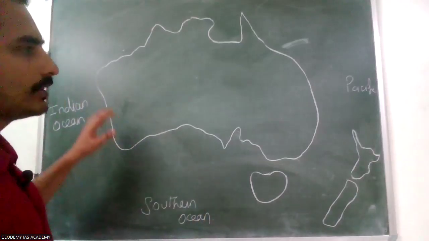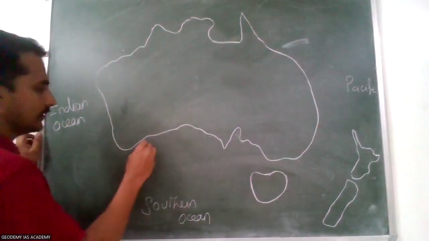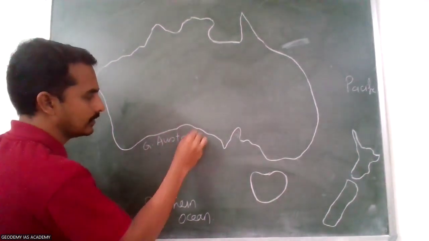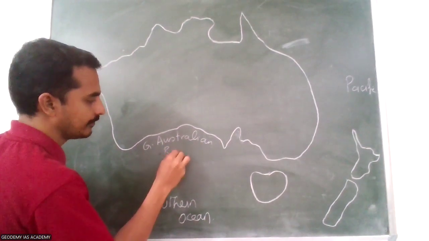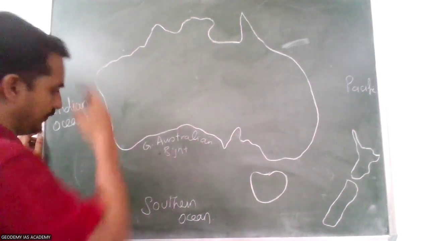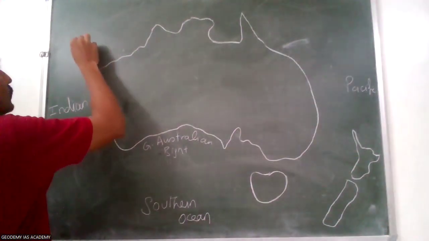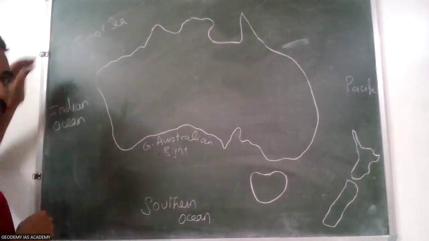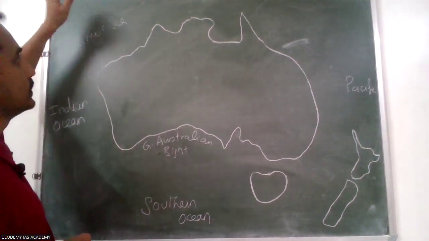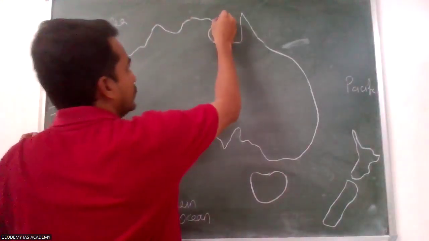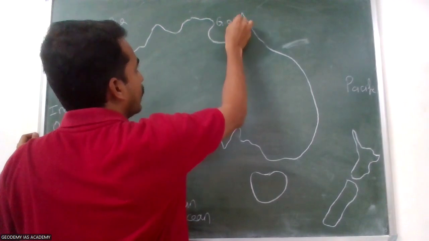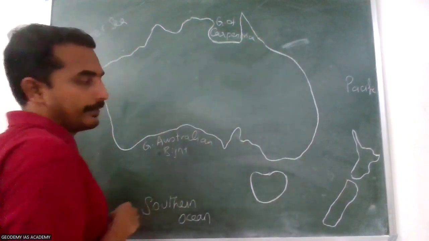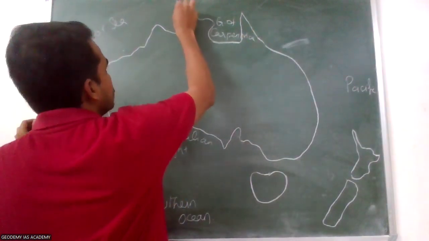Okay. And then some marginal seas are there. Here it is Great Australian Bight in the southern part. Okay. And then here it is Timor Sea in the northwestern part. Timor Sea, and beyond here it is Indonesian islands. And here it is Gulf of Carpentaria in this region, and here Arafura Sea,